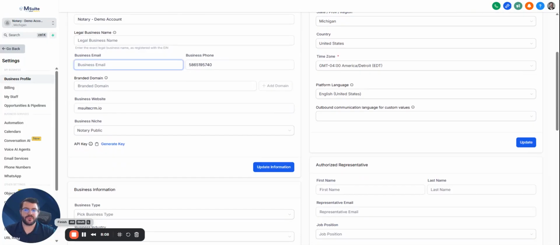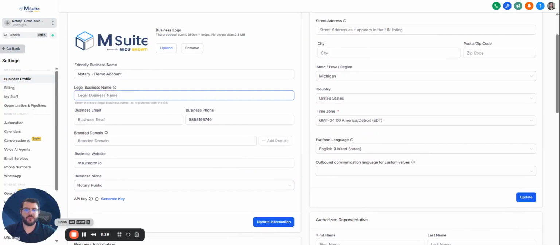Now, business email, of course, we'd want to go ahead and enter that in with your personal information. If you've got a domain, we'll talk on that next. The website, this is going to be really important that you put in the website address you'd like to use. If you're not sure, don't worry about it right now. Business niche, most likely we're going to stay Notary Public. Once you've gone ahead and entered that information, scroll back up, double check that you're happy with it, and go ahead and click